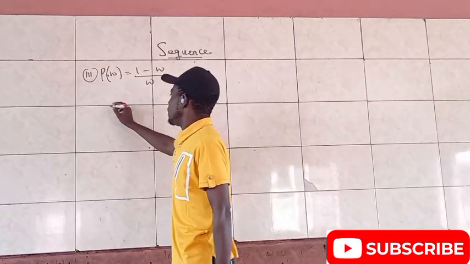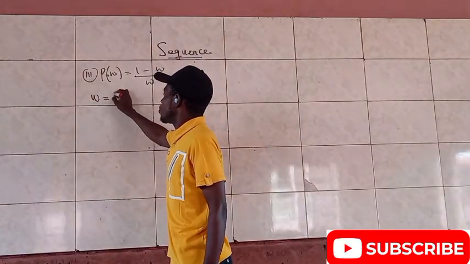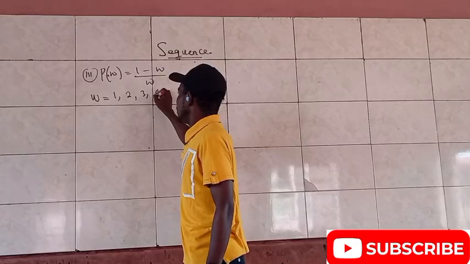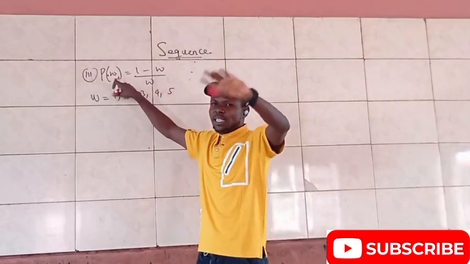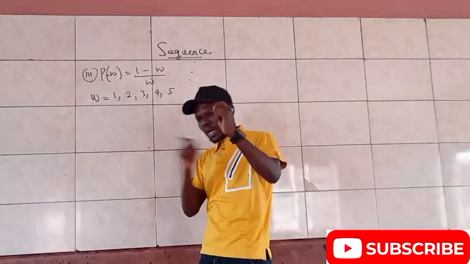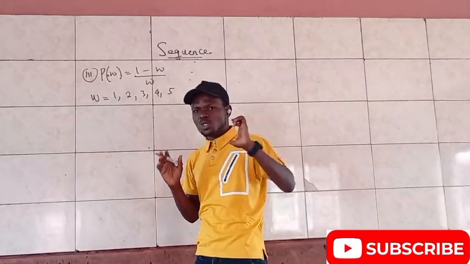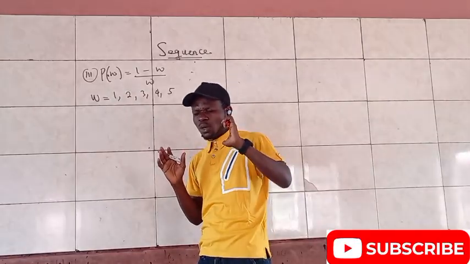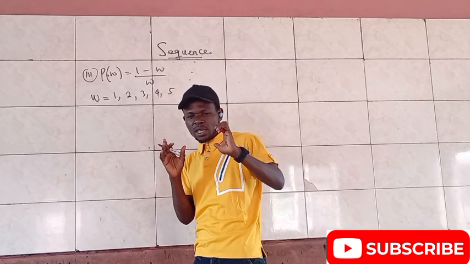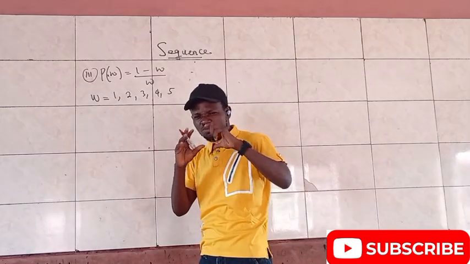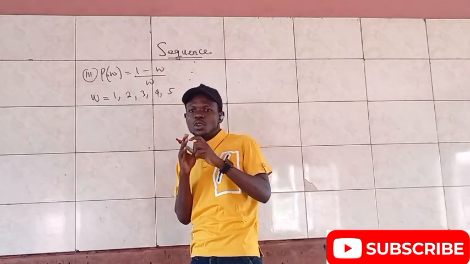So let's see the first 5 terms, when w equals 1, 2, 3, 4, and 5, because I have w here. The first example I had x. The second one I had a. Now it's w. So that you can just see that there can be flexibility. You should not just get used to f of x alone. The function is not limited to f of x. Those are just variables, so I try to represent something with those variables.